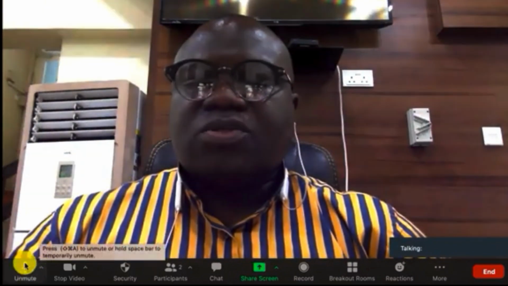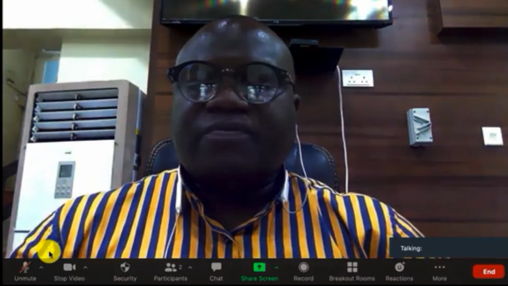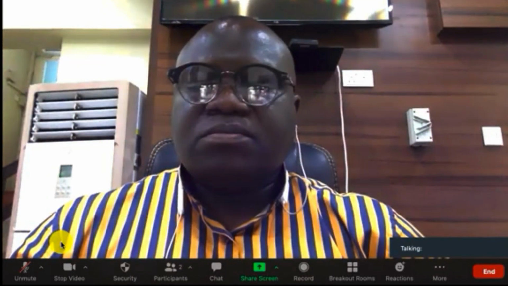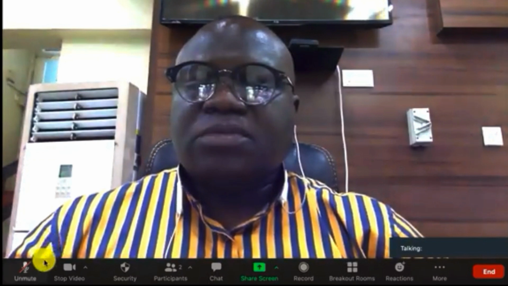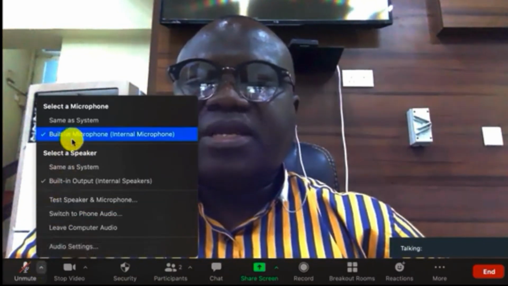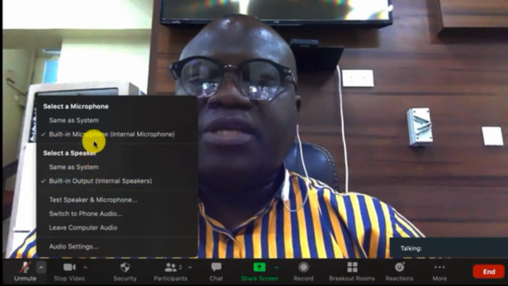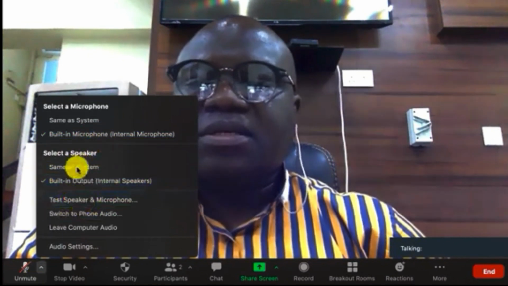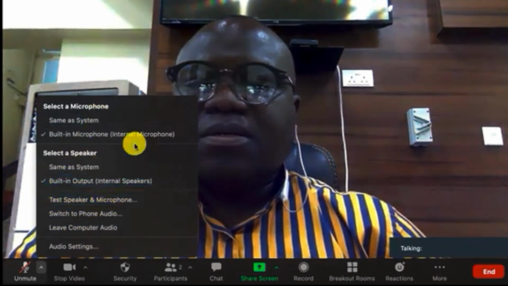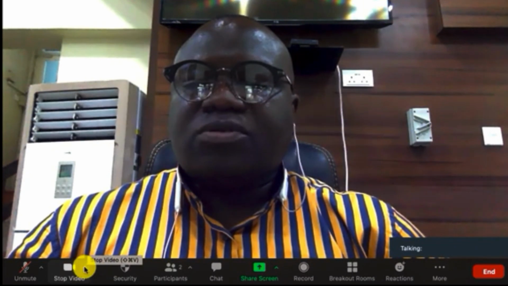The mute/unmute is a toggle, so you can unmute yourself and begin talking. You can click on the unmute button, that's the microphone, and when you click on this arrow, you can select your input and output device. So if you're using a headphone, you could select the headphone system in this flyout. And when you go to the start/stop video